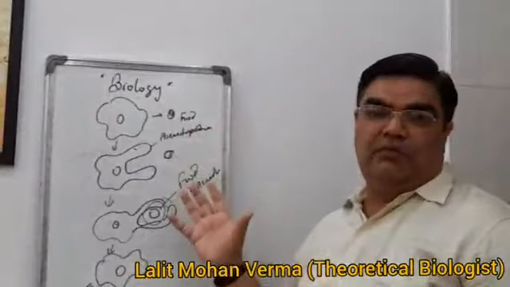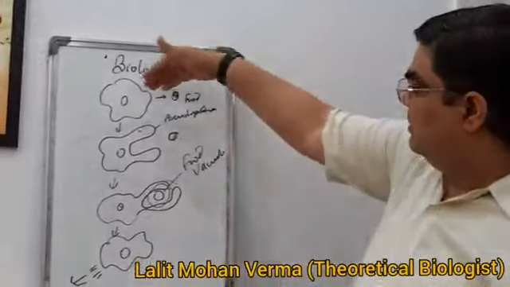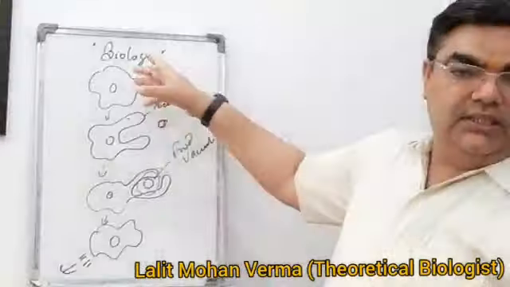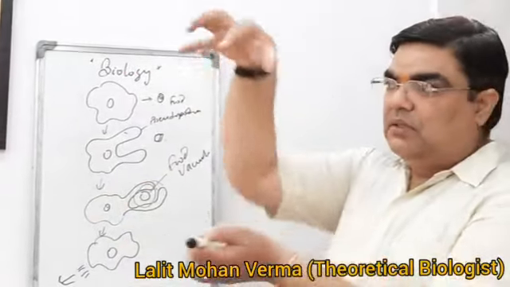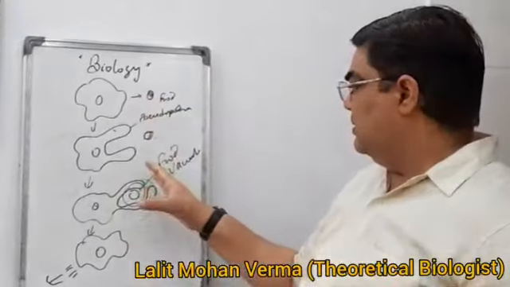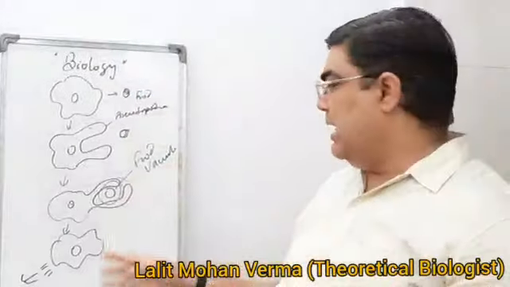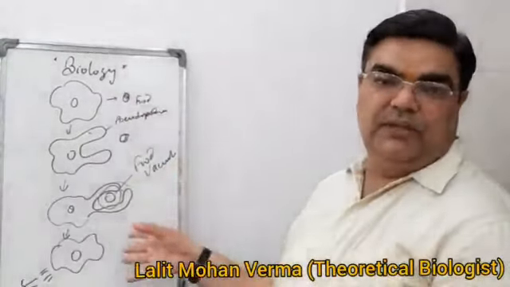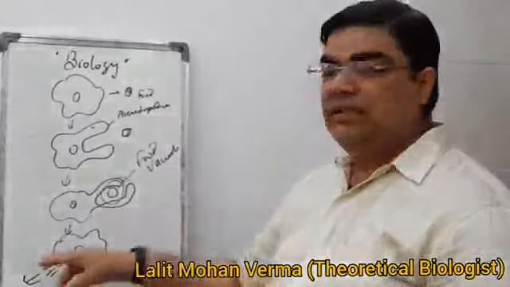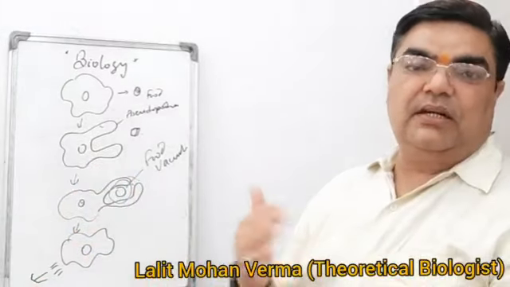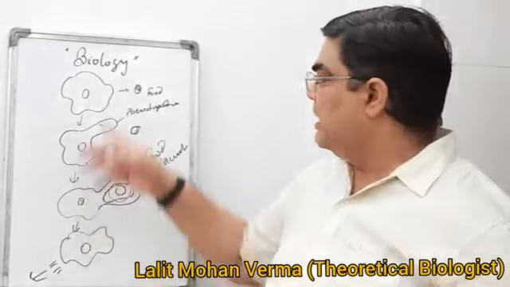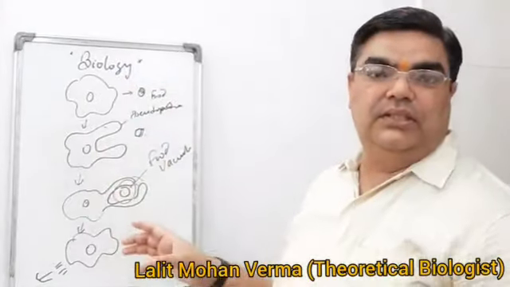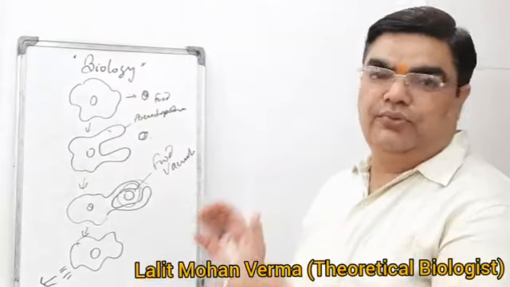So this is how amoeba takes the food. First, this is food, this is amoeba. Ingestion means taking food with the help of pseudopodia. Second, food vacuole formation. And the third, digestion taking place over there. And the last one is egestion, means passing out of the waste material from the body surface of the amoeba. So I think it is clear now how amoeba takes its food.